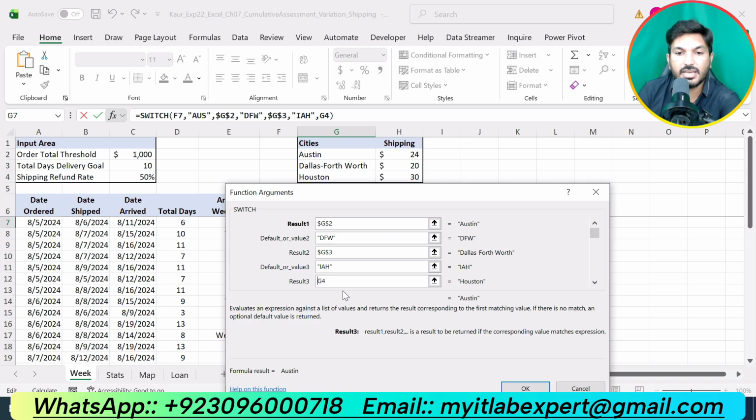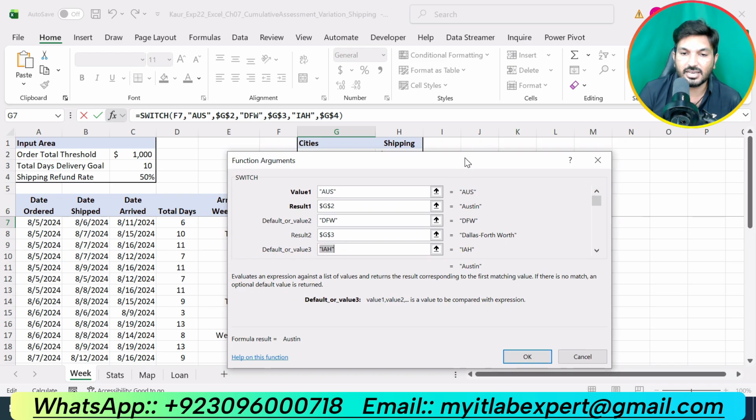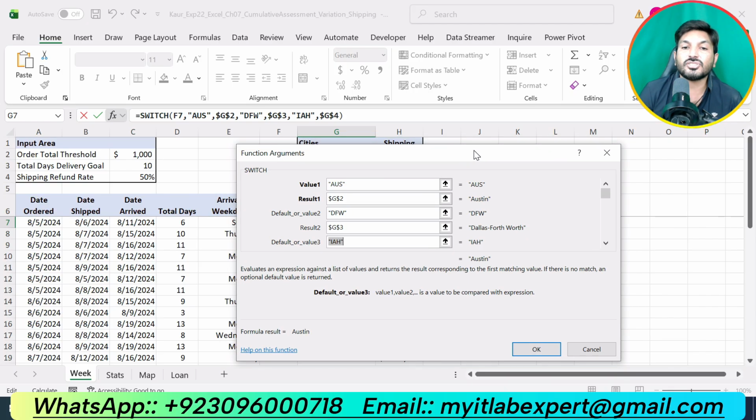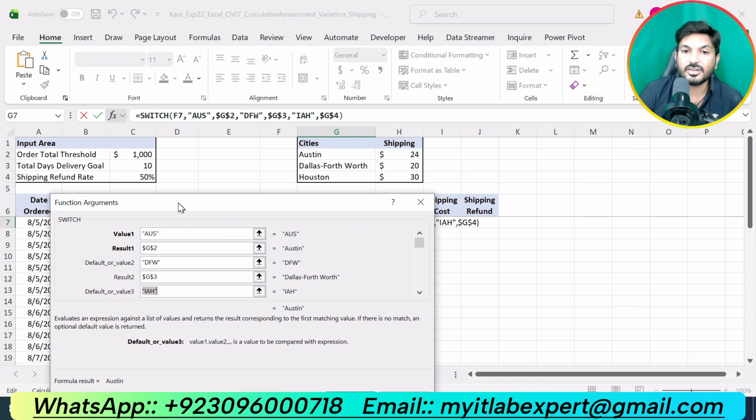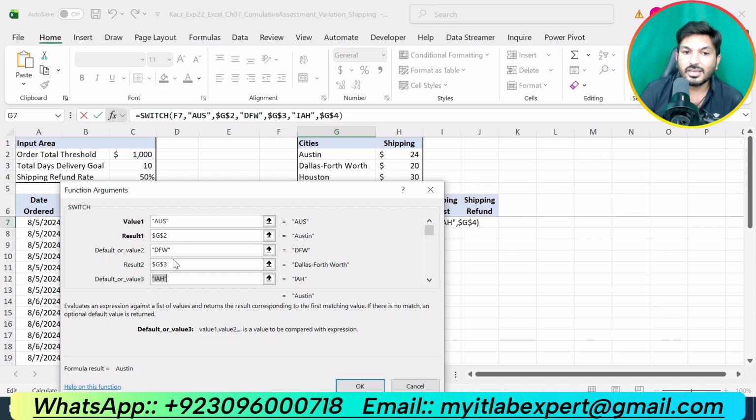So now let me explain this function again. We are using a SWITCH function here that will switch AUS to Austin, that is given in cell G2. That will switch DFW to Dallas Fort Worth, that is given in cell G3. For IAH, it will switch to Houston, that is given in cell G4.